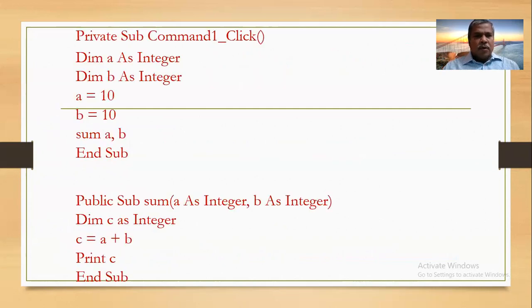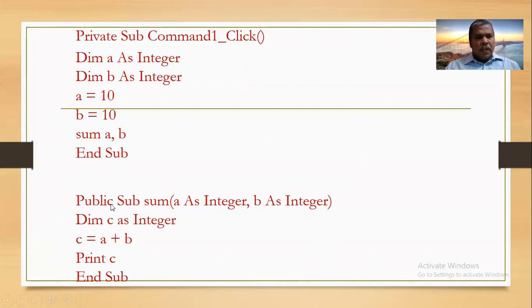You can see the example. A and B are two integer values. Locally, we have declared A equal to 10, B equal to 10. These two values I am sending into a subprogram. My subprogram name is Sum. Sum is my sub-procedure. That is not going to return a value. Okay, so I am sending Sum A comma B. This is the